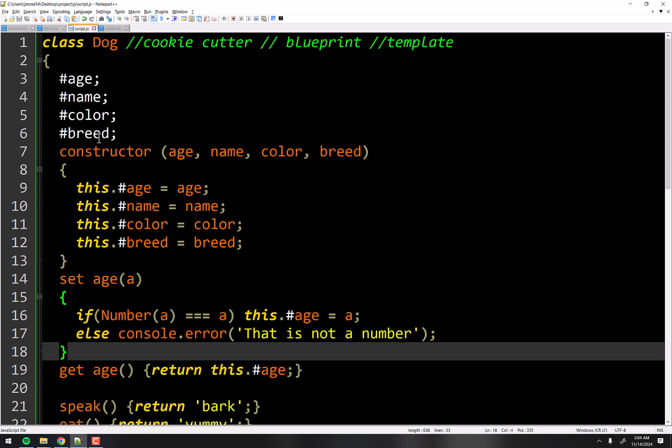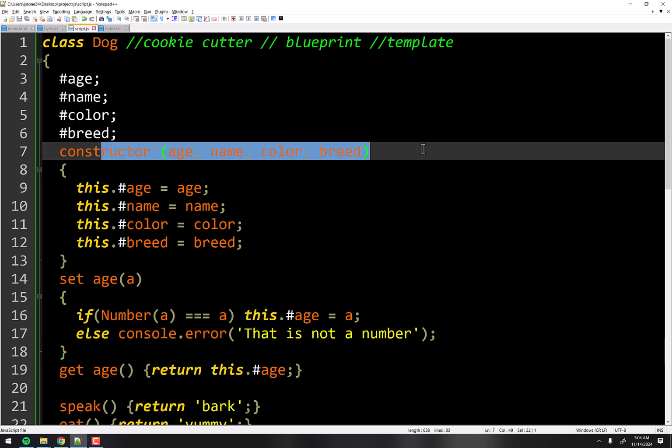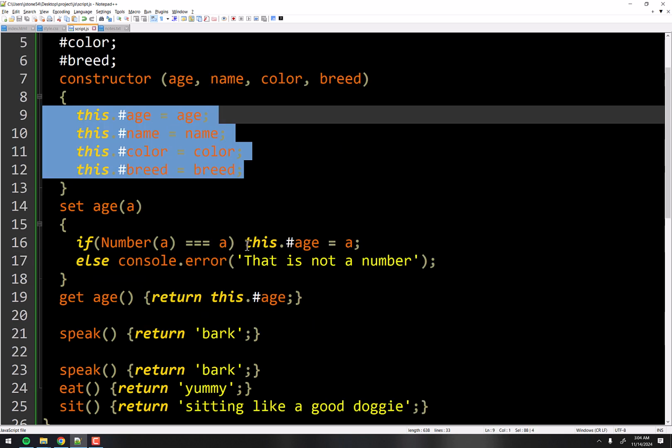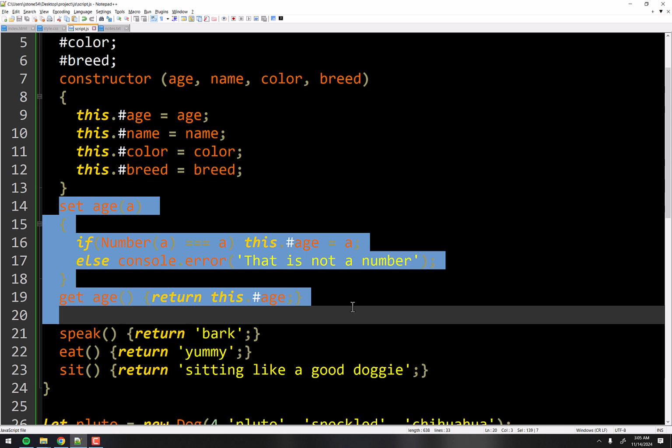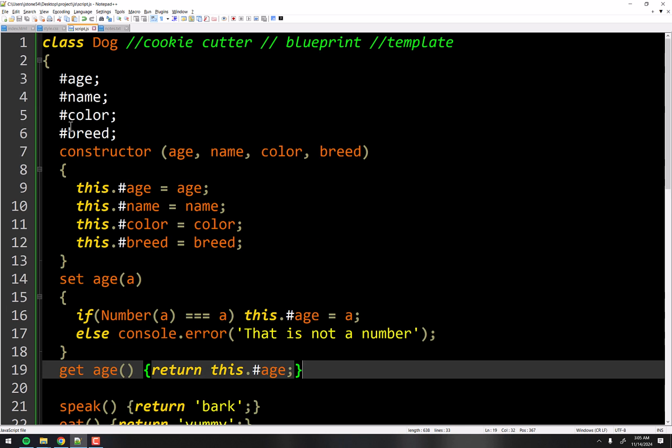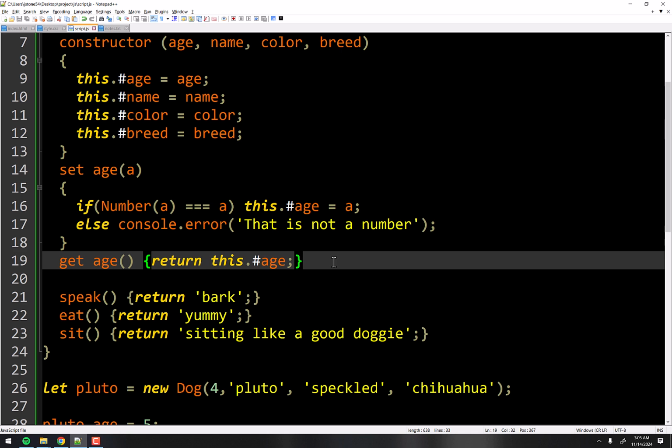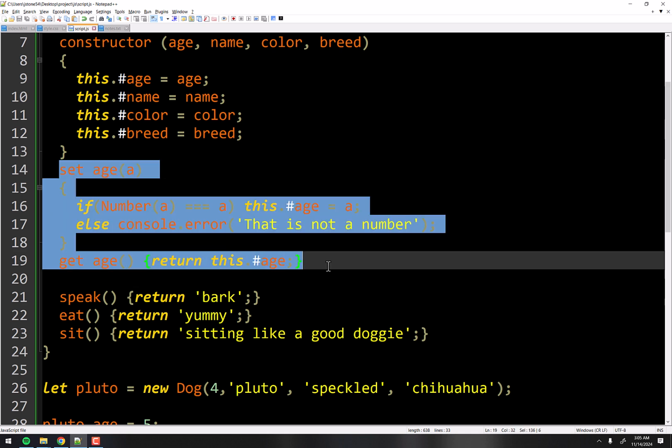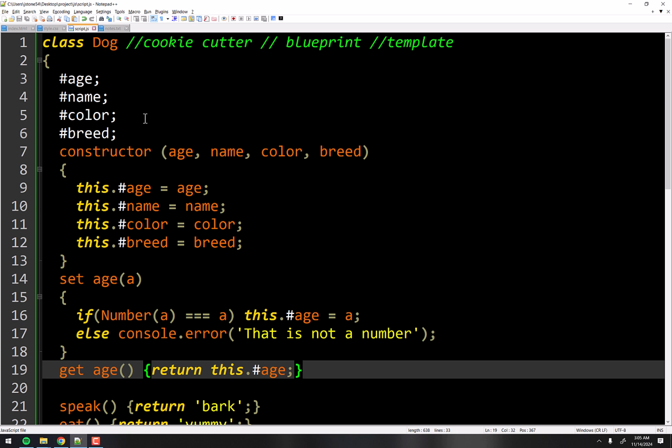All right, so now when you're looking at this, remember, dogs have lots of properties. They have age, name, color, breed, and 1,000 other things that you may or may not want to track. Height, dietary requirements, weight, all kinds of stuff. Every one of those would need to be in the constructor, and they all need a setter and a getter. Every one of them. And they all need to be private, so you need the octothorpe. And so you need everything to be this structure, right? There's a set age, get age. Then there's going to be a set color, get color. Set name, get name. Set breed, get breed. If I had weight in there, set weight, get weight. So you could quickly see how this can get pretty humongous. Lots and lots of components to it.